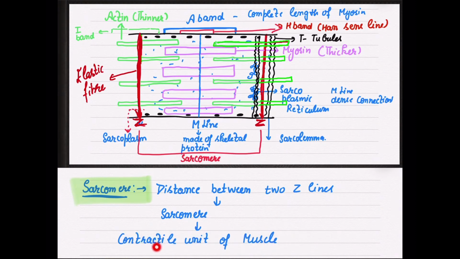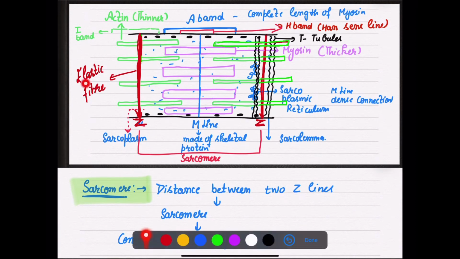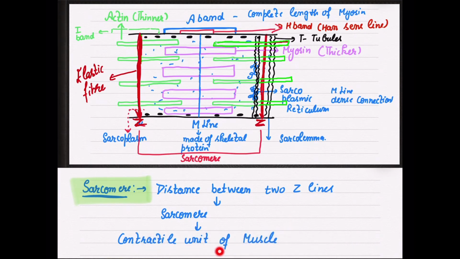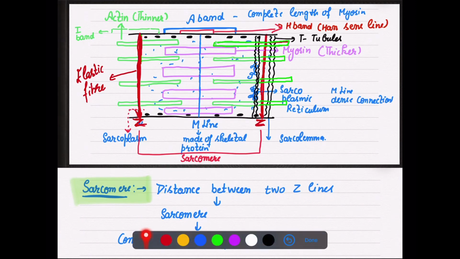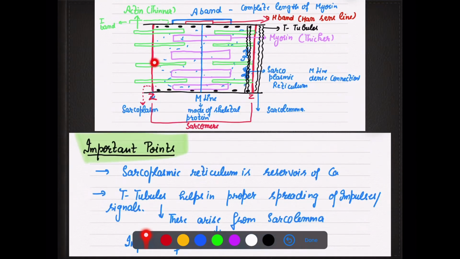the contractile unit of muscle because these are our elastic fibers. They are the basic contractile unit of muscle. So if an MCQ question is asked to you what is the main contraction unit of muscle, it is the sarcomere. और sarcomere क्या है? Distance between two Z lines. This much is clear. Now the another important point that here, as you can see that blue structure I have